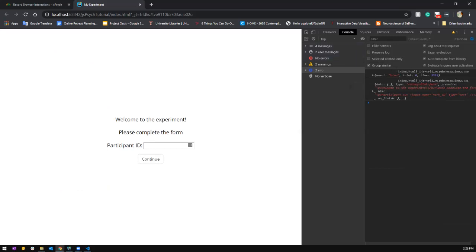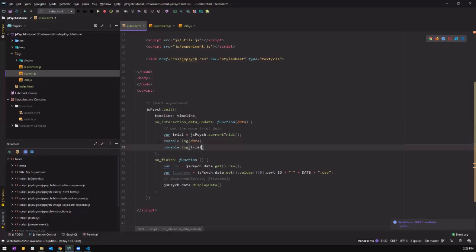So you see the data, the event, it's blur because I switched out of the screen. And you see the trial data has the data, which is what we want, and the type, which is the plugin, the preamble, which is everything we're filling in for the trial variable, including the functions for onFinish, data as array, button labels, everything. What we want is the data because we have to put this interaction data into our main data. So with the log trial.data,